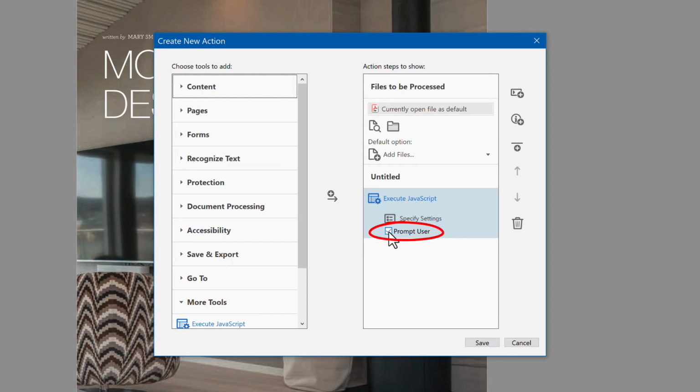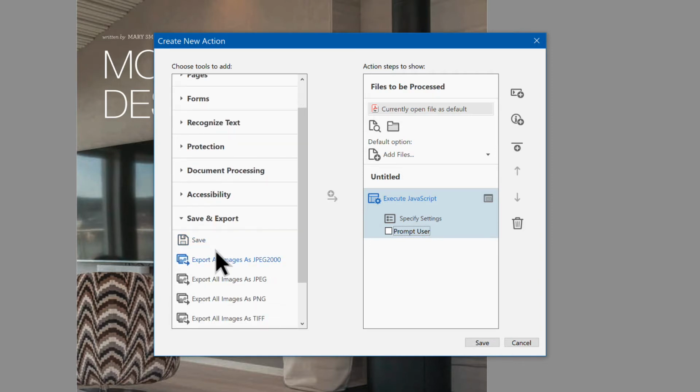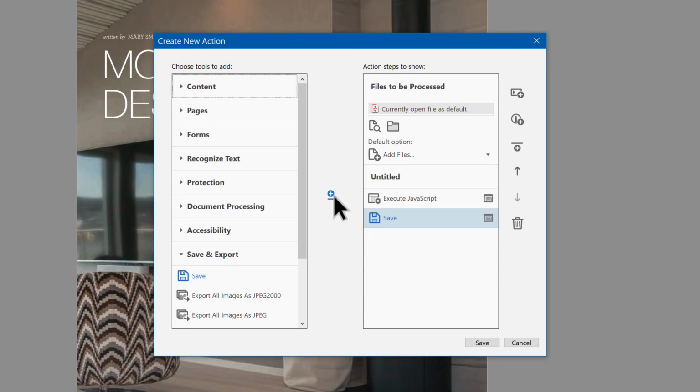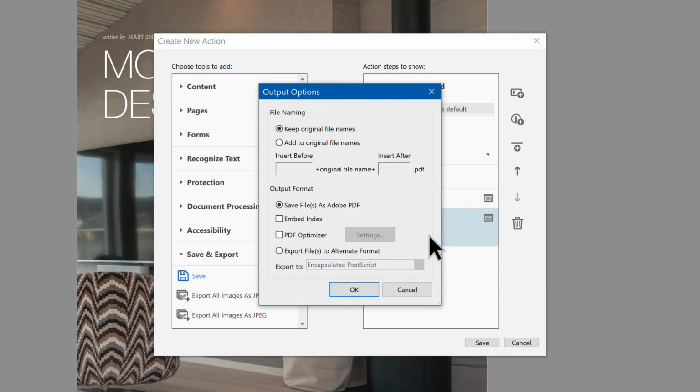Uncheck Prompt User. That's not necessary. On the left, choose Save and Export. Select Save and click the plus and arrow to add it. Click Specify Settings. Enable Add to Original File Names.